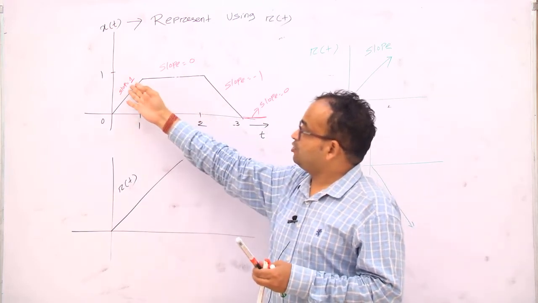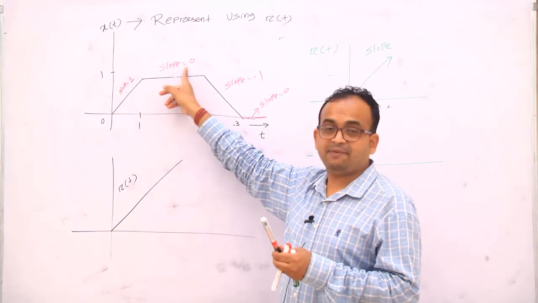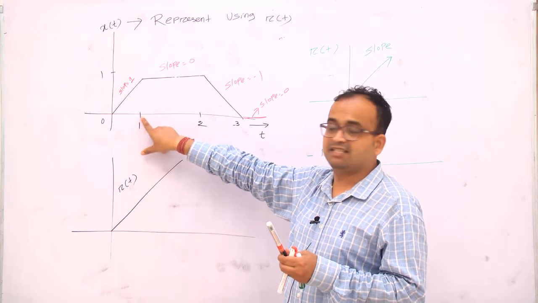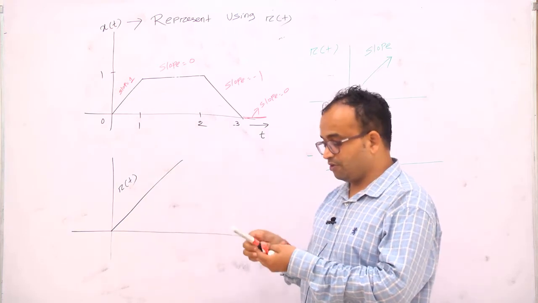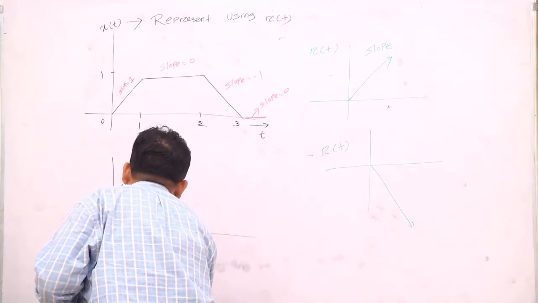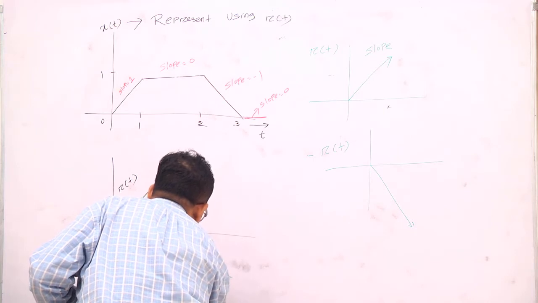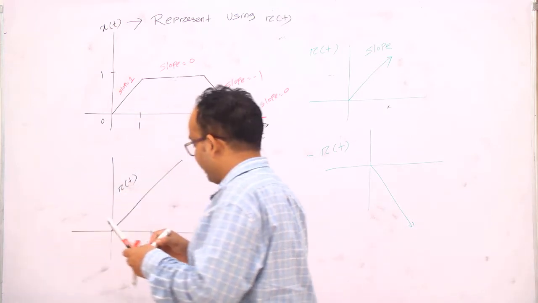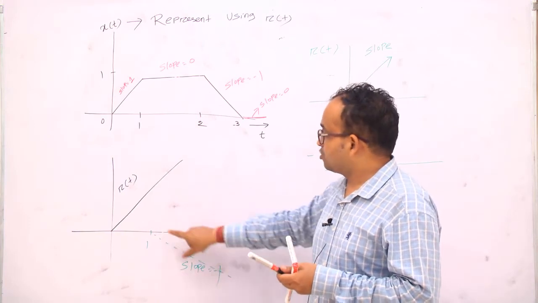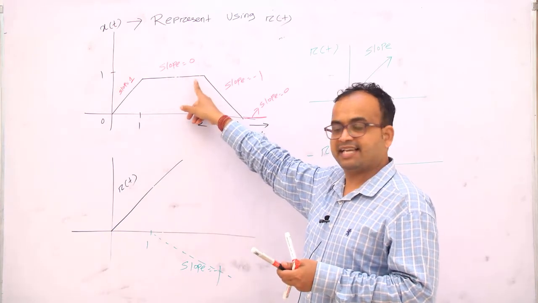The slope is 1. If I add another slope of minus 1 to this, we can find the slope will be 0. So where do we have to add? We have to add at the instant 1. So I am taking another point 1. I have to add another ramp signal at 1 whose slope will be minus 1. If we add the two signals, at this instant the slope will be 0.